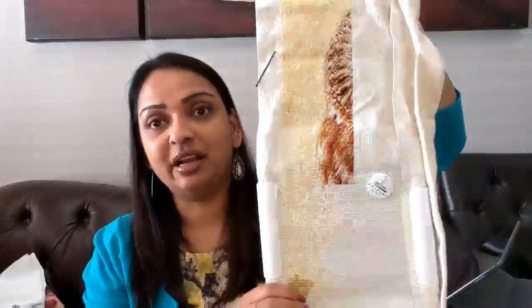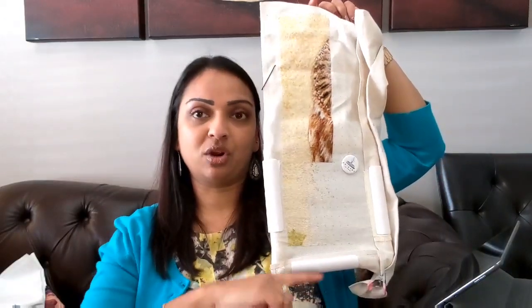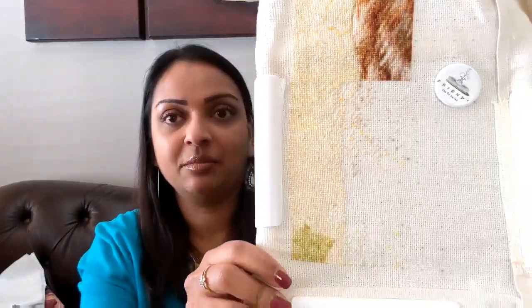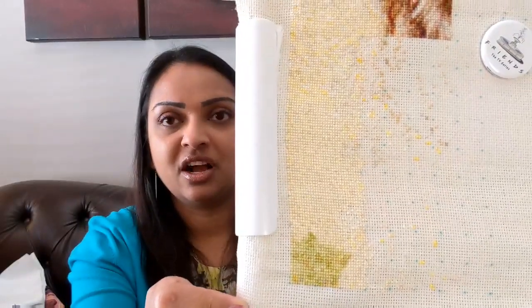So what in God's name would some sea life have to do with an owl? So that's all the way in this corner, and then I think there's more coming down here. So this is how much I've got done. Of course, I already had these 2 pages done, and then I'm getting closer to getting more stitching done on this. So a lot of yellow, and